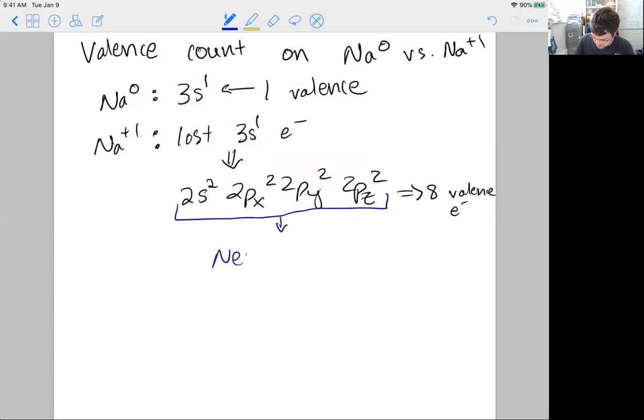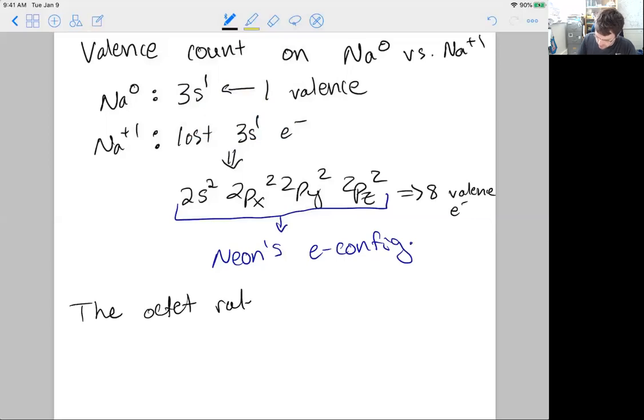We have the same electron configuration as neon. So what we see is that sodium underwent an oxidation, giving up an electron to get to a place where it had the electron configuration of a noble element. The octet rule